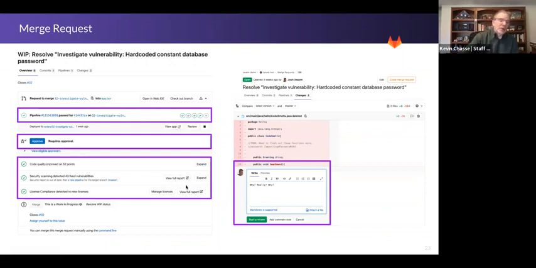And that way, as a developer, if I accidentally introduce a vulnerability, I get told about it right away while it's still fresh in my mind, as opposed to something that happens a month from now, and I can't remember what the heck I was working on when I accidentally introduced it. Now I have to refactor my code. Whereas if I get the information now, I can do it right away. And then ultimately, you can also